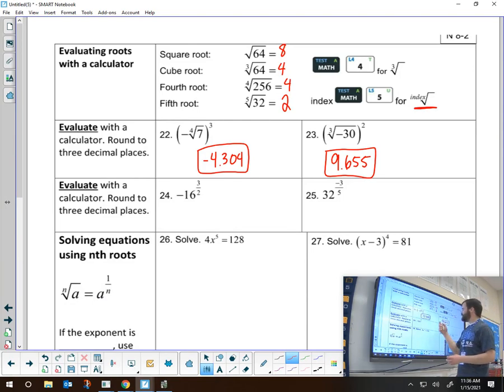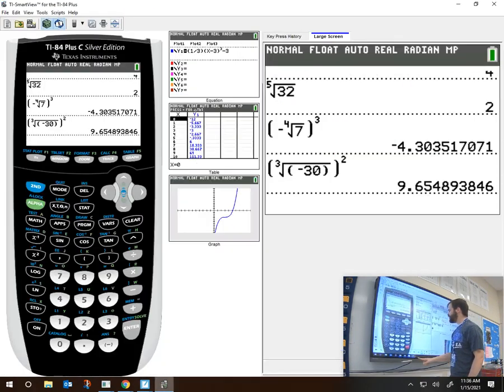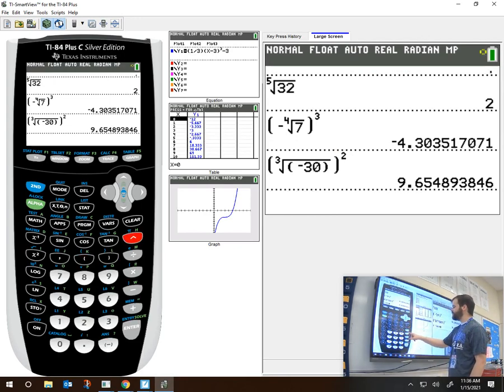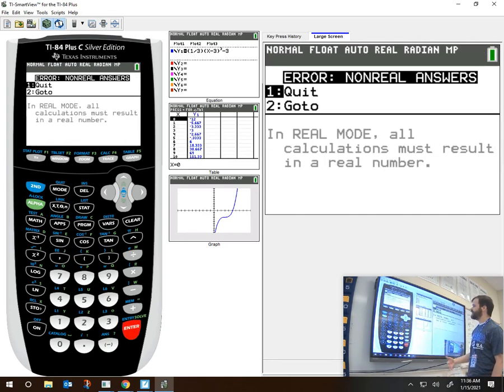Okay? Same thing goes for 24. We have negative 16 to the power of 3 over 2. This one's even easier in our calculator. We just go parentheses, negative 16. Don't forget your parentheses on a negative. Raised to the power of 3 over 2. And it gives us, oops,